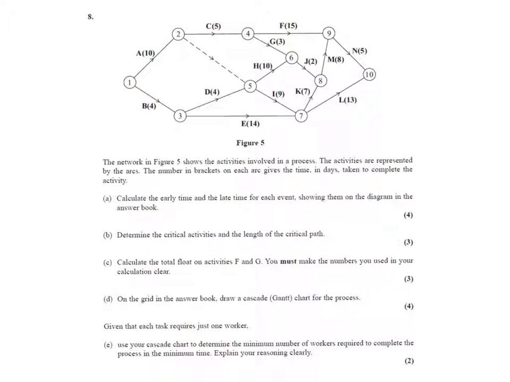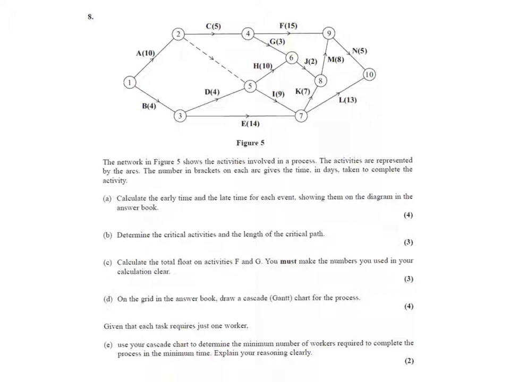This topic is called critical path analysis because some of these activities are critical to the whole process. Any delays in some of these activities will cause the whole project to be delayed. It's important to identify which these activities are because these are the activities that need priority to make sure there's